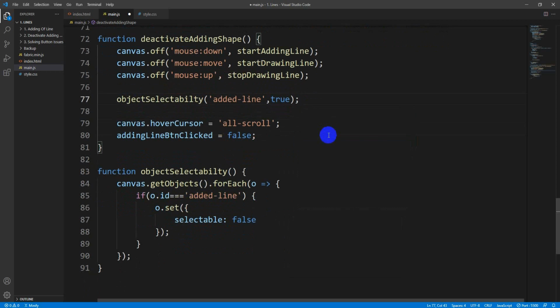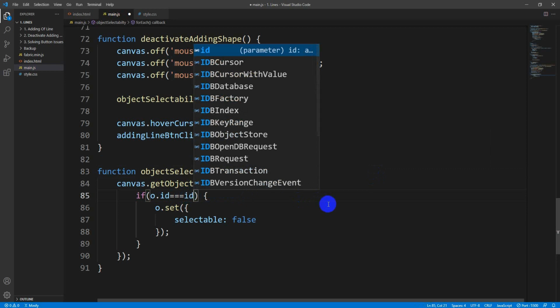So based on this, in our function object selectability, the first parameter is the ID and the second one is the value. The ID is the added line, the value is true. So instead of writing this added line over here, we can just write ID.